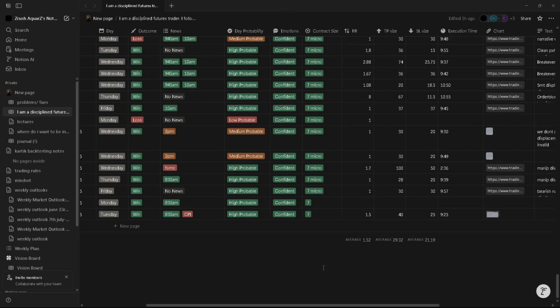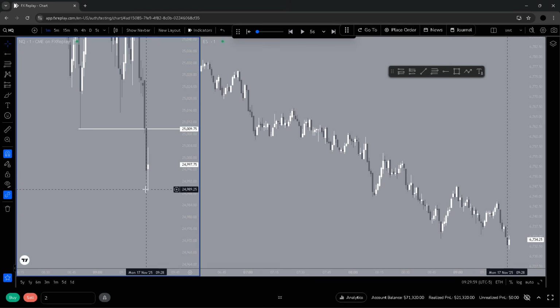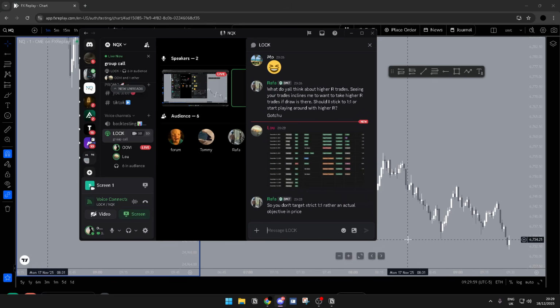Right? And the reason Lou's is a little bit lower than mine is just because he trades alpha consistently, mostly. And it's more of you just go for the consistency rule, whereas I've had a lot of big days on Top Step, and then just gone for winning days after that. So it depends on your approach as well, guys, your RR. But don't target a straight one-to-one rather than actual objectives.